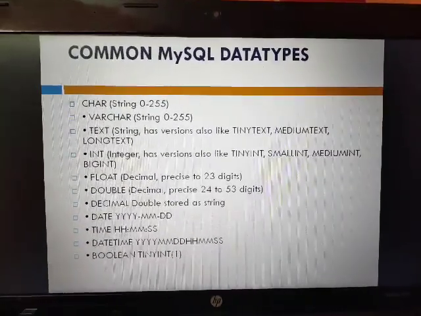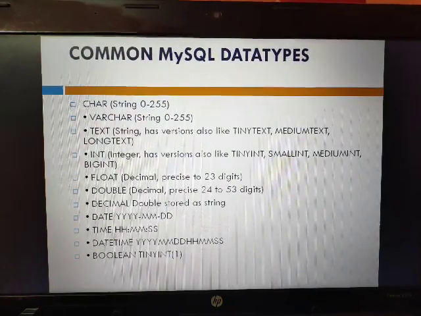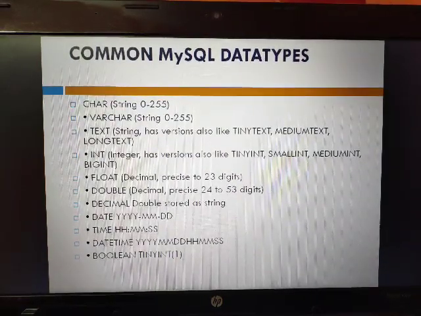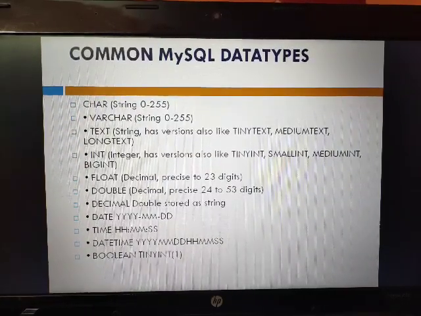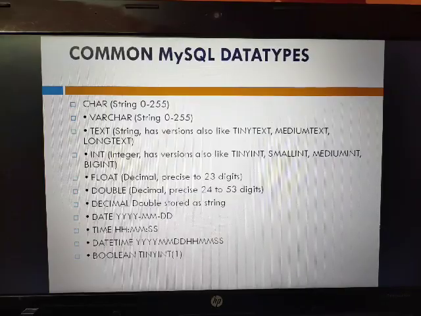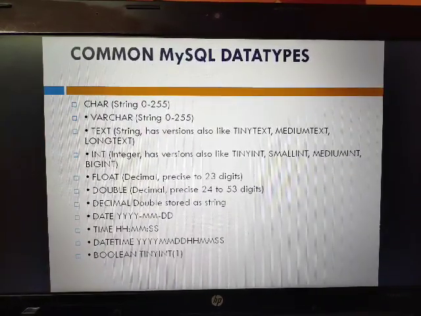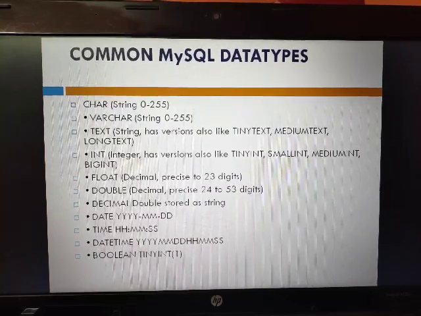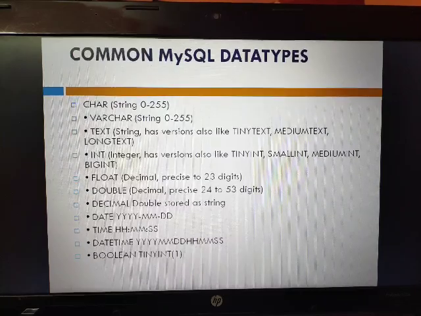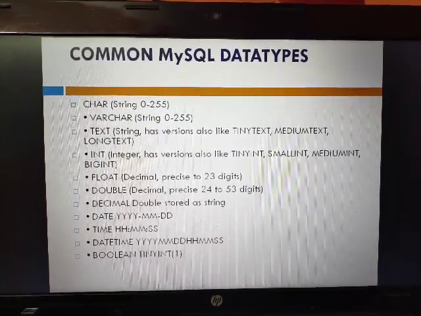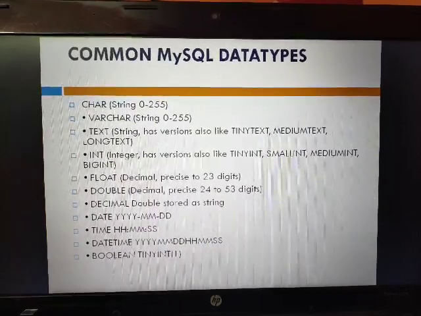Now some common SQL data types are character, size 0 to 255, varchar, variable character, again with length 0 to 255. Text, strings can also be used in text. Integer, float, double, decimal, datetime, both mixed, boolean.